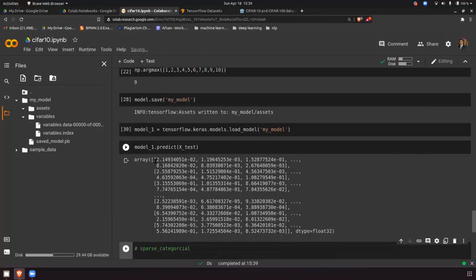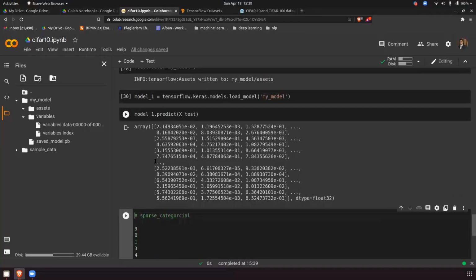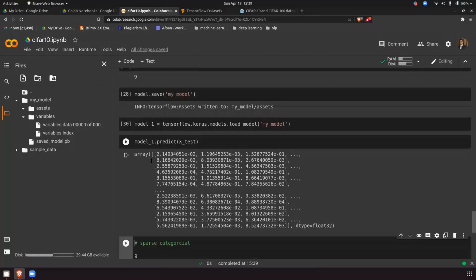Yes. So if you are doing some project and you are satisfied with the project, then put this into a Flask. Everything will be the same. The only thing you have to do is take the image from the user side, and pass it through this particular model. You will get the output. Just throw that output back to the user. It's very simple after that.